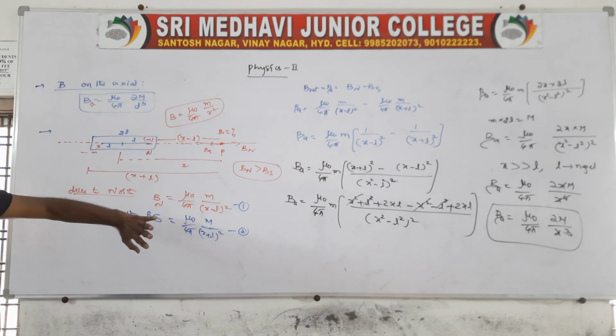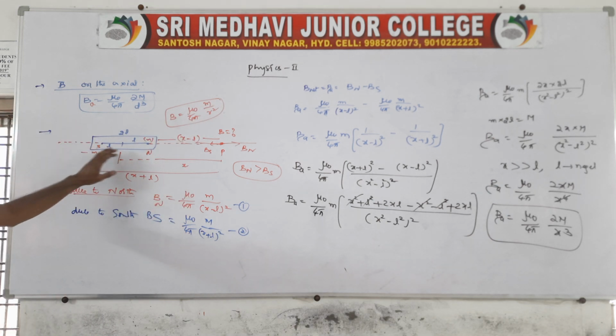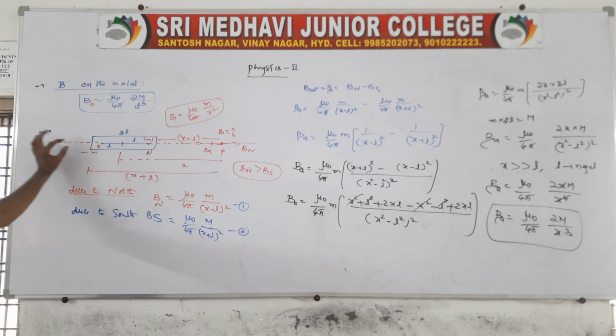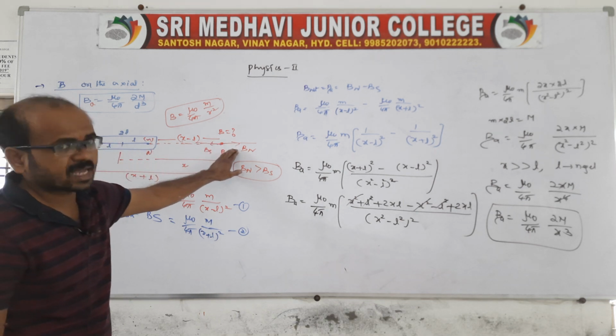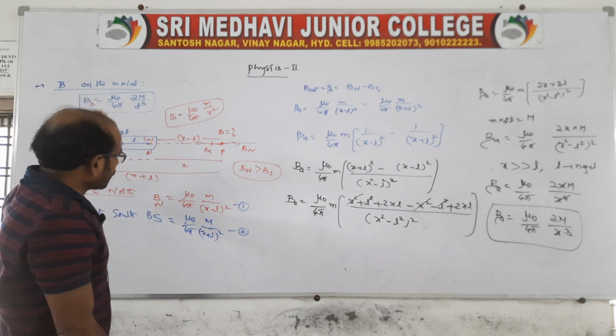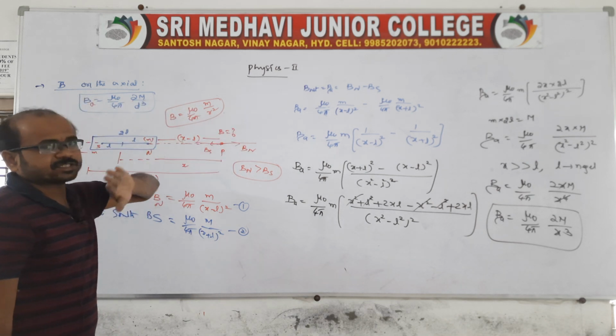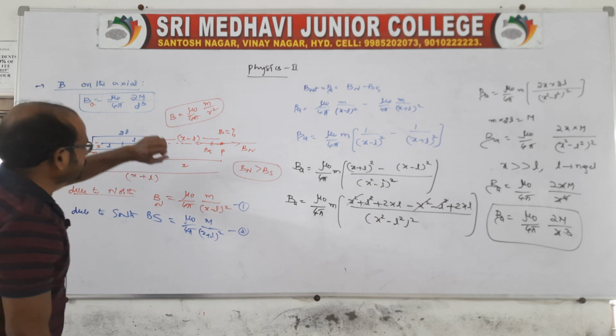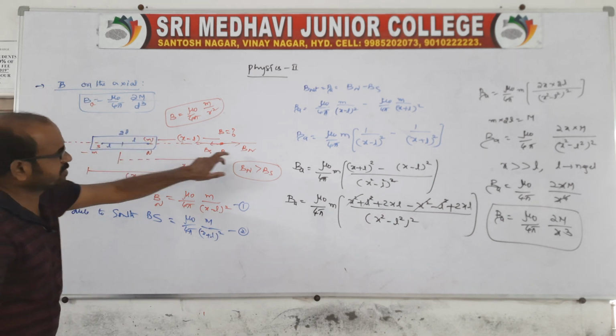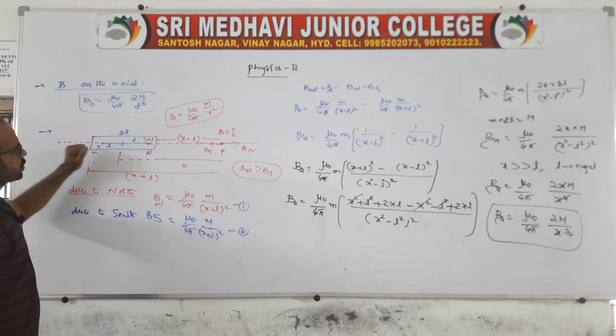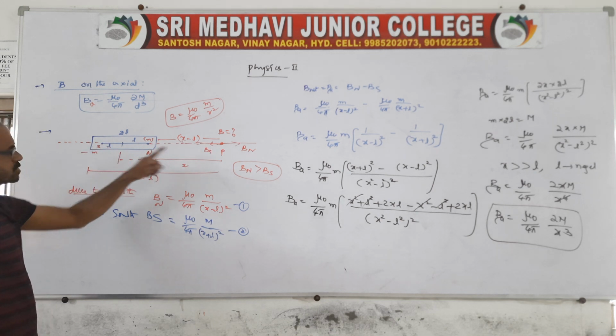So look at the derivation. Here you take a bar magnet of length 2L. Therefore the length between the two poles is 2L, from the center it is L and this is L. The line passing through the center of the magnet we can call the axial line. On the axial line we need to find the magnetic induction at a point P. Due to the two poles, due to the north pole the field will act away, due to the south pole the field will act towards the south. So Bs you take.